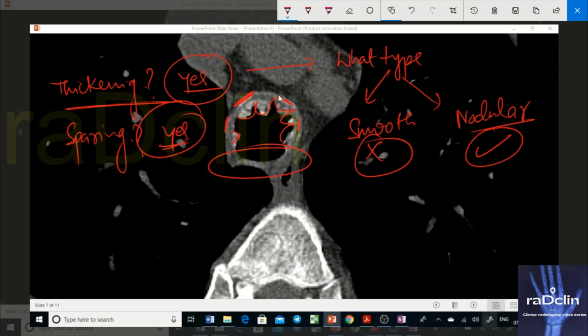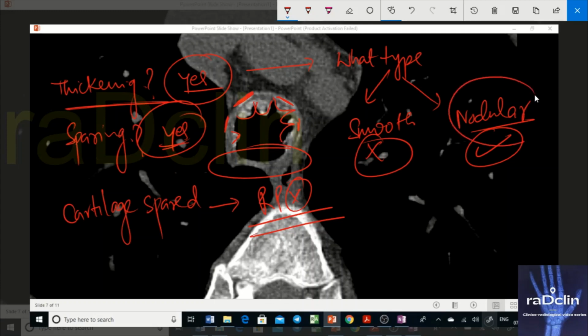Inner to that is your cartilage, and inner to this cartilage is the soft tissue thickening that is shown. So we have an abnormality, the nodular thickening, and where is it? It's in the submucosal part. It's not involving the cartilage. Cartilage is spared. So if cartilage is spared, this means relapsing polychondritis is out. So it is involving the submucosal or mucosal space, with some deposition there, and it is a nodular thickening.